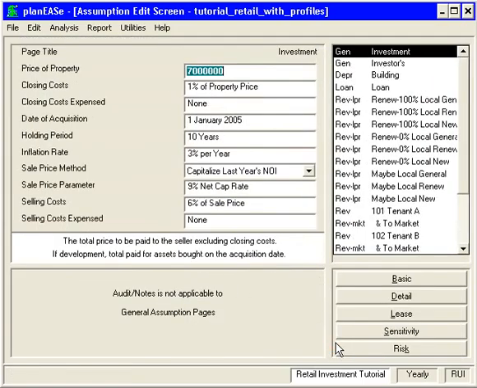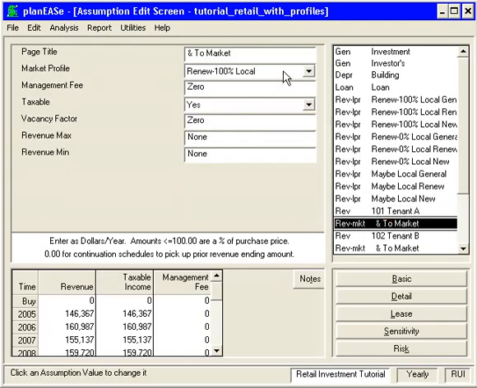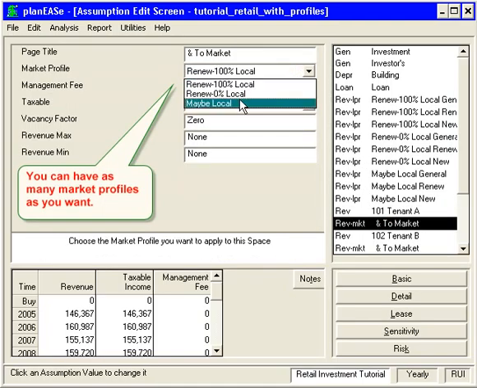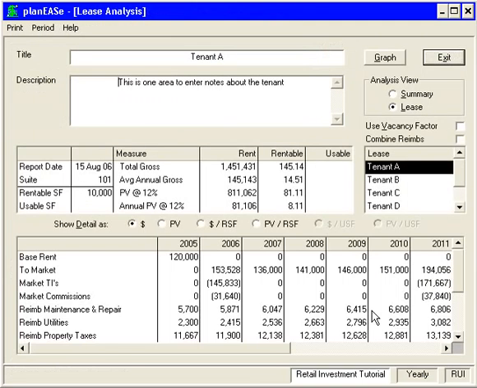We'll click OK. So now we have this lease for the base lease going to January 2006, and then it's going to go to market page, and it's going to use the renew 100% local, but we'll change this to maybe local right now. And then if we go to lease to the bottom right, it's going to show us this lease, and here's the base rent for that first year, and then we have the to market, which includes the security deposit coming to us, the TI